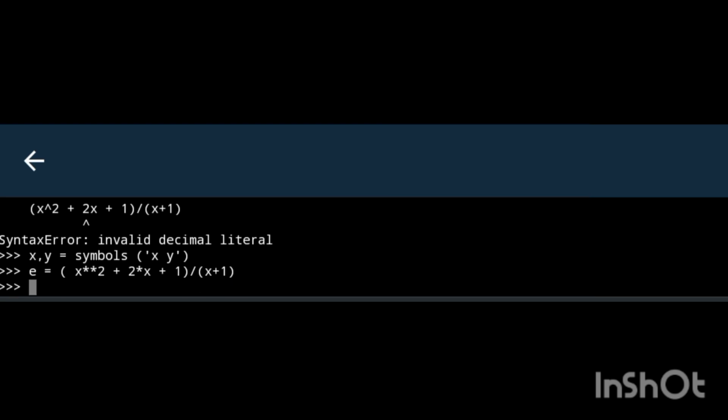All right, now we are going to use s underscore e. That s is standing for simplified expression. So s underscore e, I told you here we can name anything. But here you have to use the right way of calling it: simplify open brackets